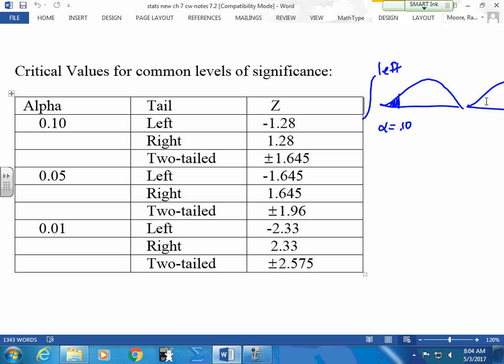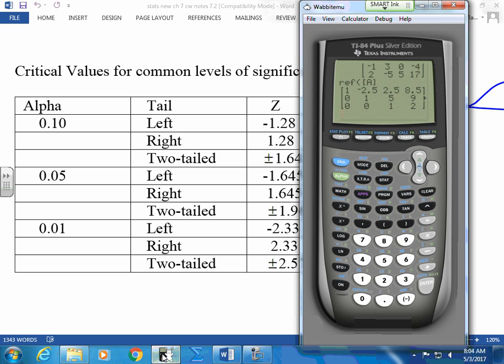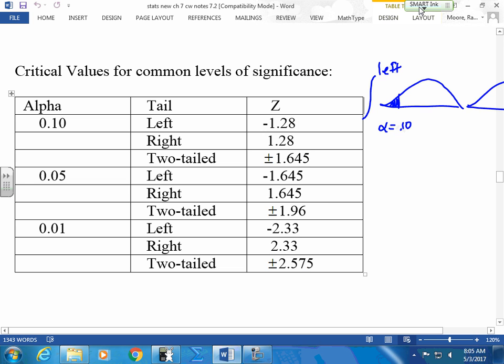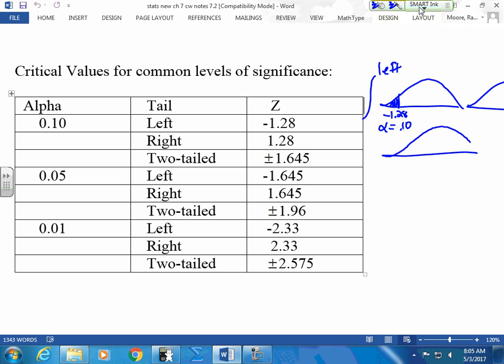So I take my calculator and I say second, inverse norm. And I just say 0.10. So tell me what that is. So that's negative 1.28. See that z-score? For that area. The area of that curve is 0.10, 10% of my curve. What is that z-score associated with that? It's negative 1.28. Now, if I did it on the right-hand side, and this is still area 0.10,